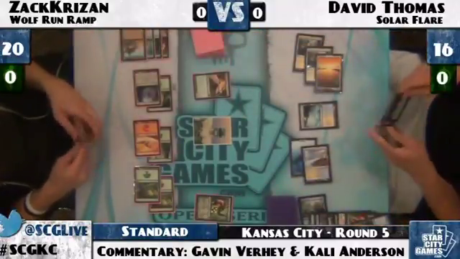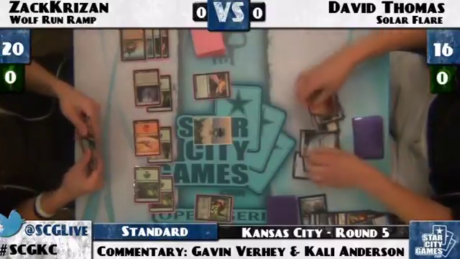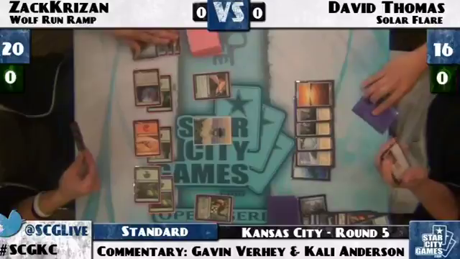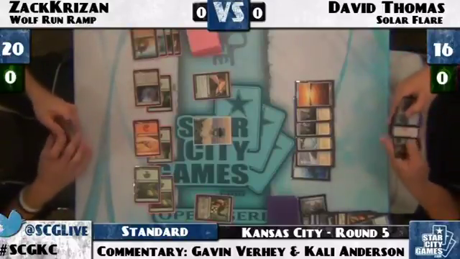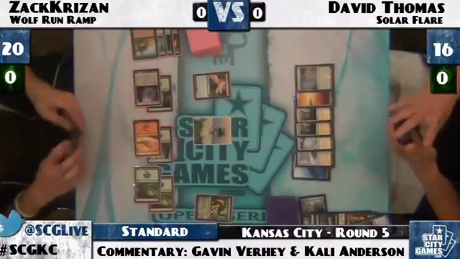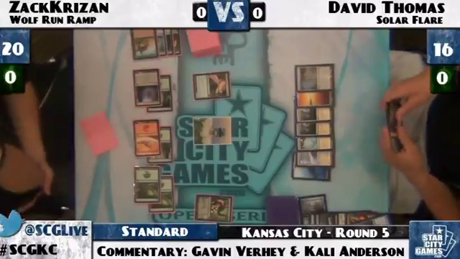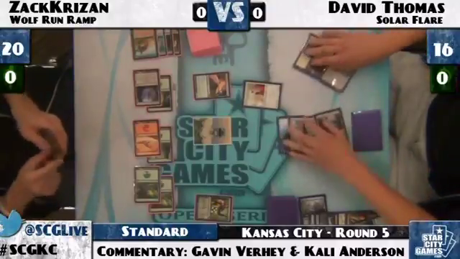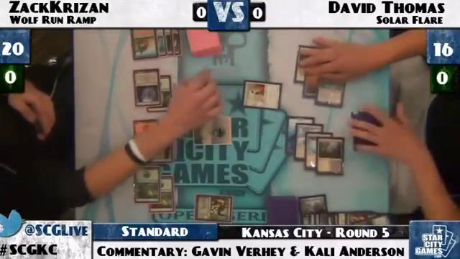See, so he drops a mountain, then David's untapping. Let's see what he does. So if he has a seventh land, he can play that Elishnorn. And there's a Ghost Quarter. Elishnorn will get some work done, that's for sure. Although, she still has a Beast Within, right? Yeah, he does still have the Beast Within, which is...